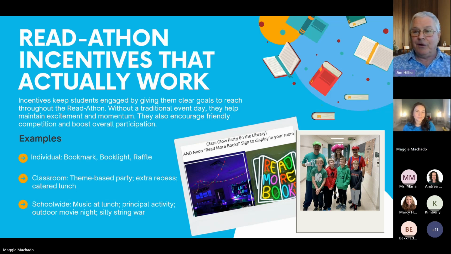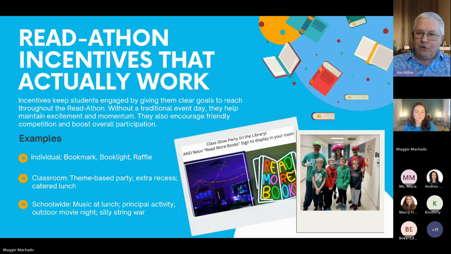You can do raffle prizes and things, but that's not as effective. It can be. I do raffles with our bingo readathon card, which we could tell you about. If they complete the card, then they get in a raffle. So those things all work. We have lots of ideas in our toolbox, but again,